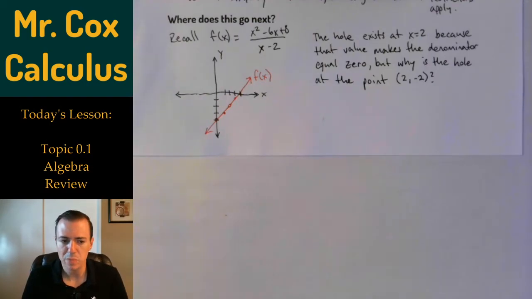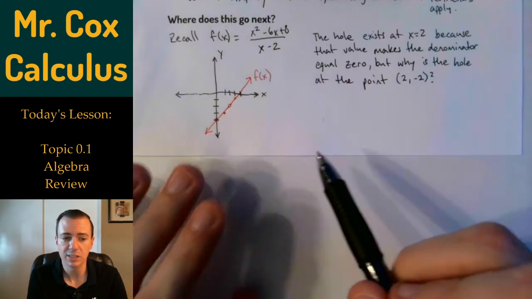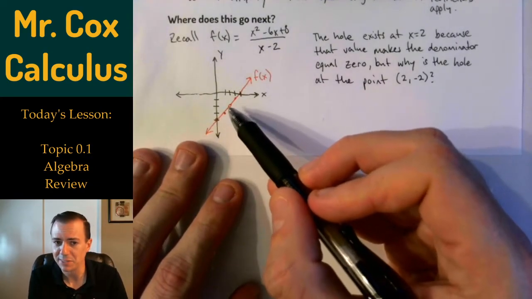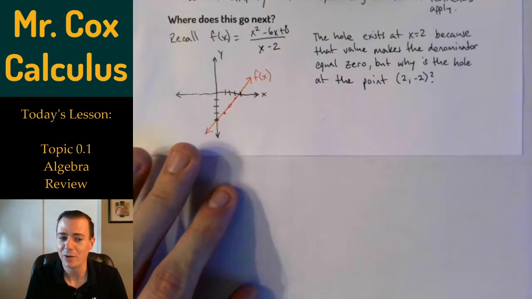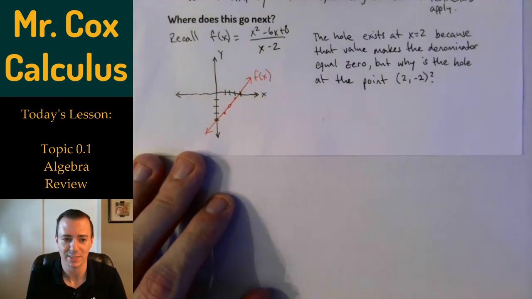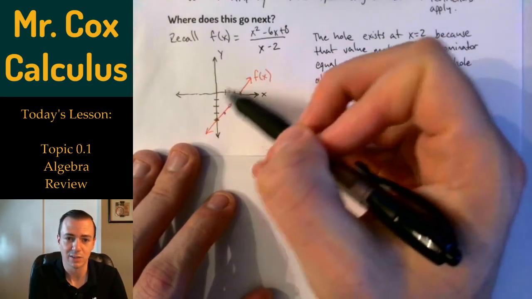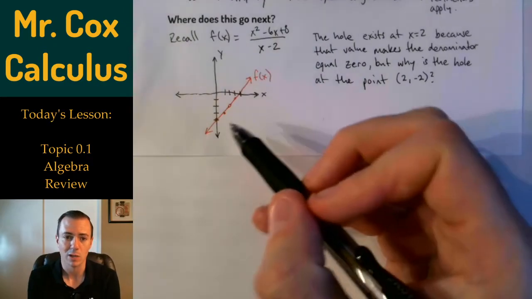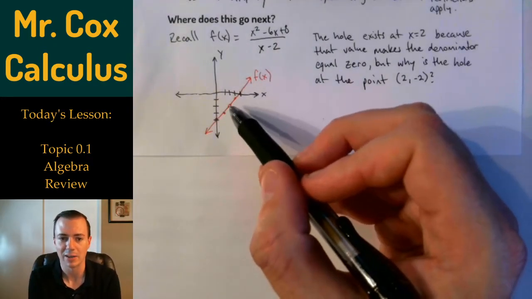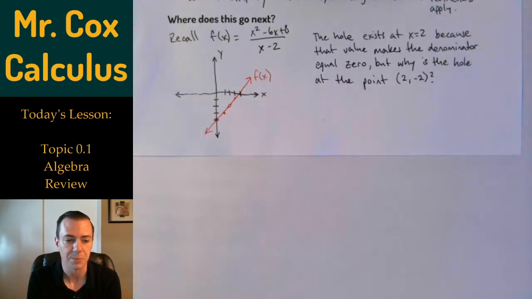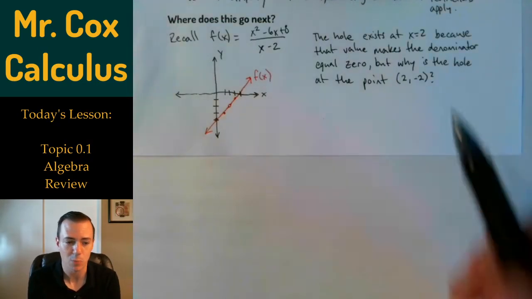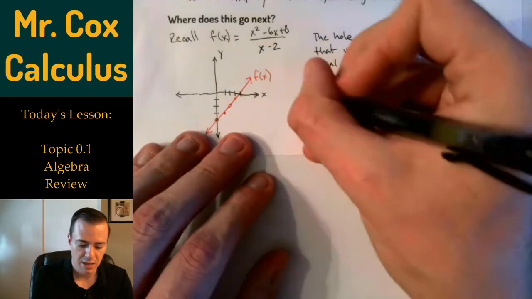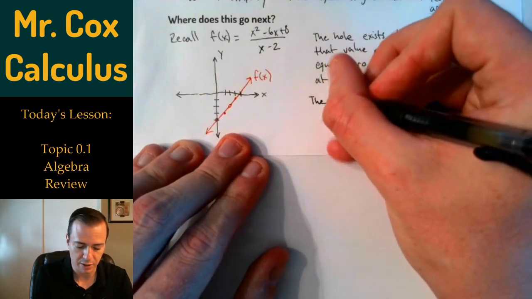The only thing that we knew about at x equals 2 is that the function is undefined there. But we very specifically put this hole at a very particular point, and we did it for a reason. So, we could have just done an asymptote, we could have done all kinds of things, but we knew that there was going to be a hole there, and we knew where we were going to graph the hole. When we were doing this particular function, we were counting the slope and said, okay, that's where my hole is going to be. But we knew intuitively where the hole was in this graph, that the hole really is at the point 2, -2. And what we're going to learn is that in the first topic of calculus,